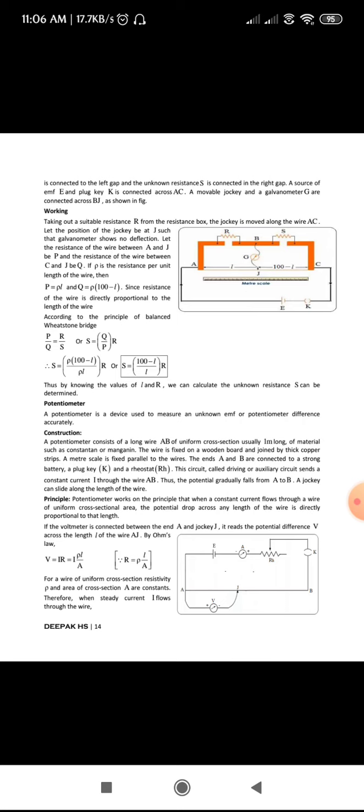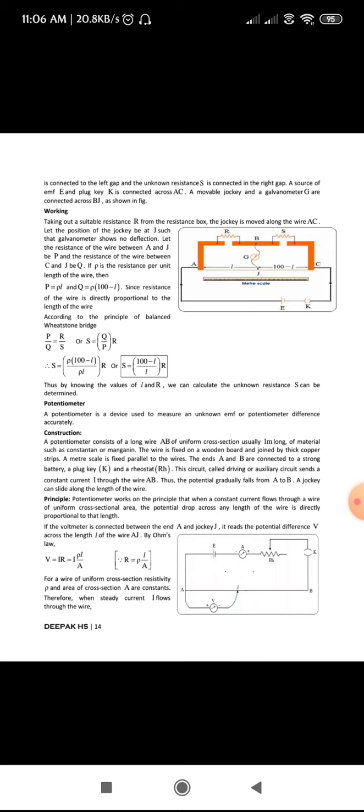Okay, so whatever the reading it shows, that is the accurate value, that is a potential drop. Similarly, when you take a voltmeter, the voltmeter also measures the potential drop or potential difference, but the only thing is, while showing the reading, it draws current from the circuit. Hence, we say that since the potentiometer doesn't draw any current from the circuit, the reading shown by the potentiometer is more accurate compared to the value given by the voltmeter.